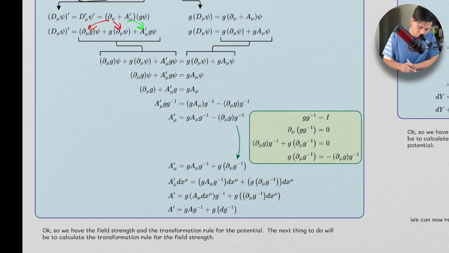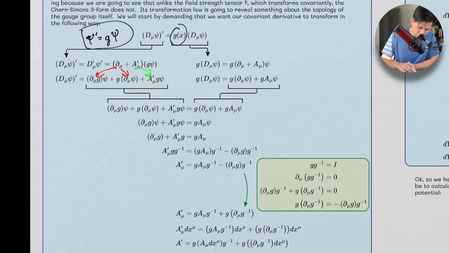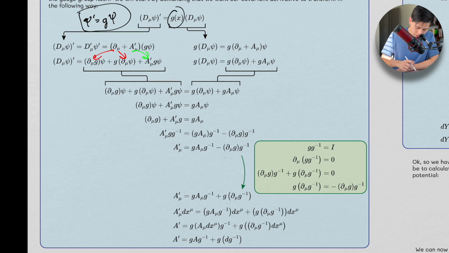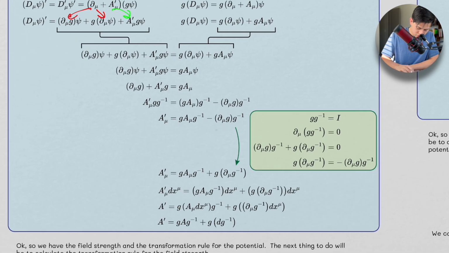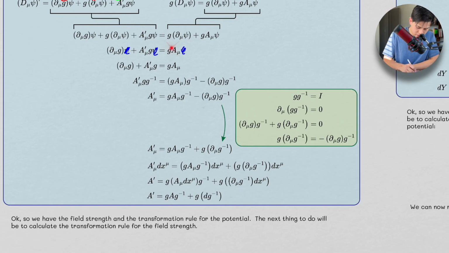Okay, and then we set both sides of these equal because we want this to be true. And we'll see why we want this to be true. We'll see why this is clear later. But we get this, and then really just following the logic here downwards, this guy here and this guy here are going to cancel. So we get this, and then this is an arbitrary function, right? So we can just ignore that for right now. And then because that's an arbitrary function, we get this operation here, and then we get this when we